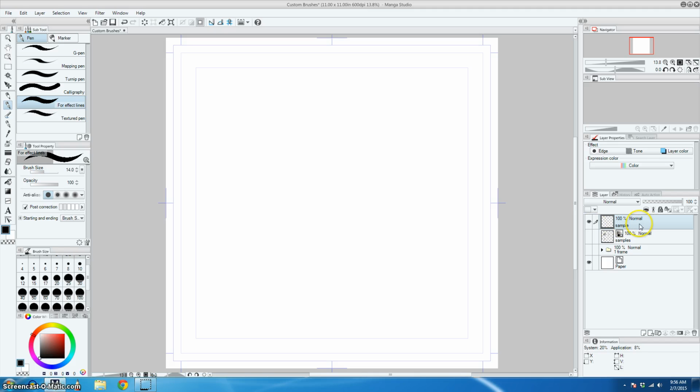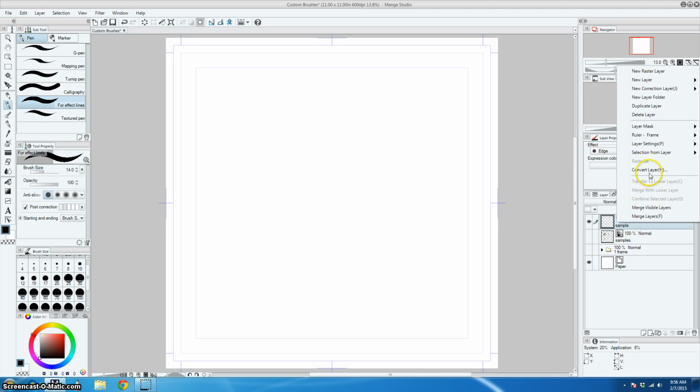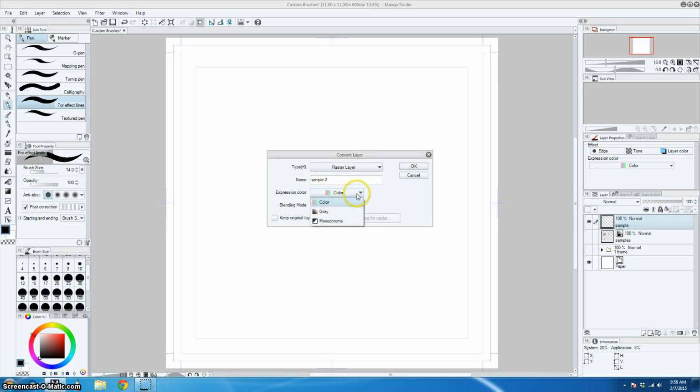So we're going to start with a layer here. This is how you would create your own custom brush. This layer right now is just called Sample, and it's a normal raster layer, color raster layer. What you'll want to do is actually change the layer type to make sure that it is a grayscale layer. That's going to seem strange, but if you don't make it a grayscale layer, then